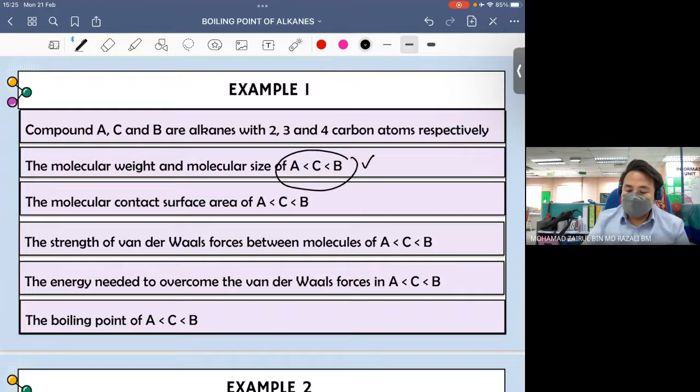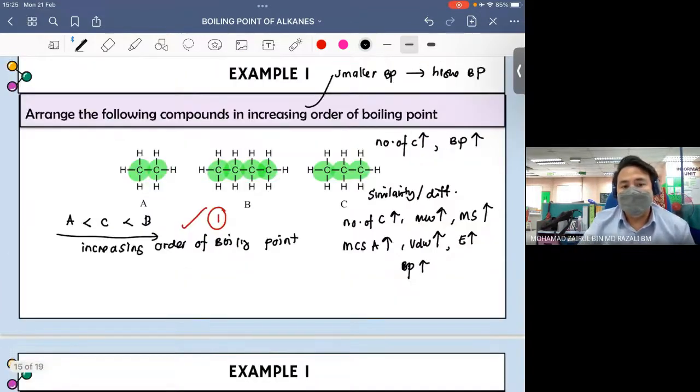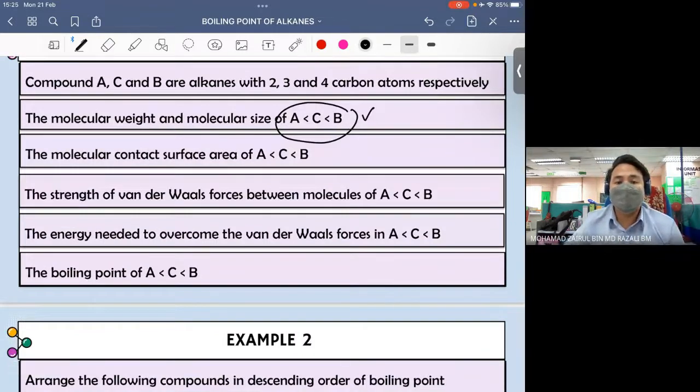Selalunya kalau soalan tu dia bagi structure je, okay, soalan dia bagi structure, dia tak bagi nama, dia tak bagi labeling kan. Okay, kita boleh labelkan dia, tapi awak tahu awak nak labelkan tu, awak justify dalam awak jawapan. Awak lukis dulu structure ni, awak labelkan sebagai A. So nanti dalam jawapan tu tak perlulah awak tulis nama yang panjang-panjang tu. Kita ringkaskan. Dan awak boleh je buat sequence macam ni guna simbol less than greater than ni. Dia diterima tak? So molecular weight and molecular size.